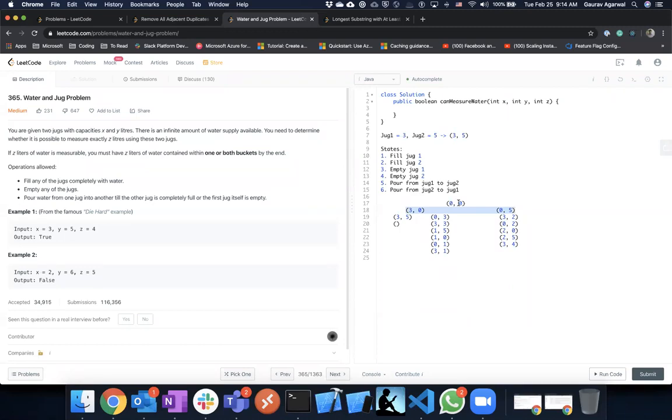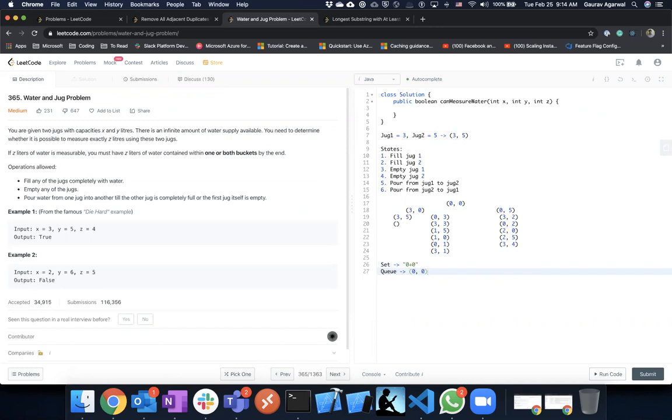When you are creating a visited set, maybe we can create a string with the first element and second element, with a plus symbol in between. This can be the key in the set, or there are other ways where we can take a hash code or whatnot, but to keep it simple, this can be a key. So create a set, start with 0, 0, have a queue, and put 0, 0 in the queue.